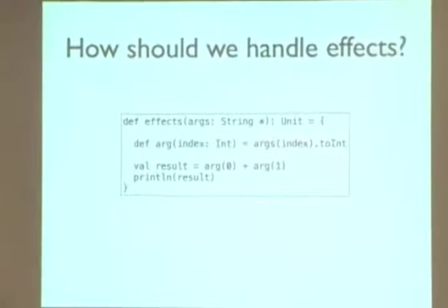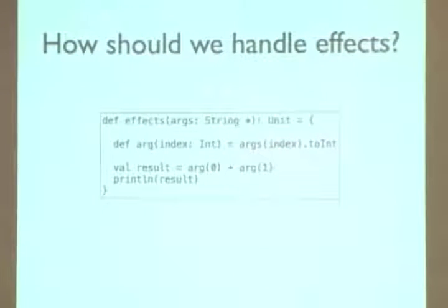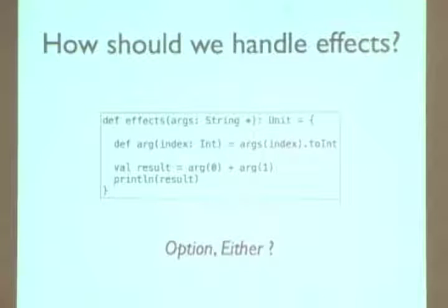What are effects? I'm not sure if I really use this term in its proper meaning, but anyway, if you look at that code, things can go wrong, like exceptions can be thrown if you use the wrong index, or if this thing cannot be converted to an int. Now, what can we do? We could use try-catch statements and stuff like that, but it would be much nicer to wrap it into something. I'm sure you all know option, or maybe also either. And Scalaz comes with a pimped either, which is called validation.